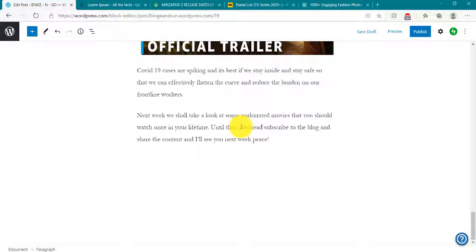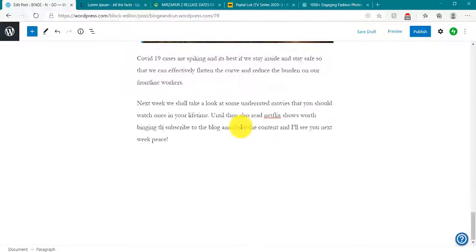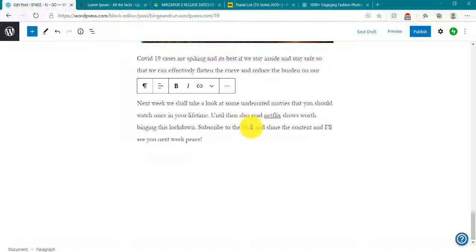Also read: Netflix shows worth binging this lockdown. Now let's see what we can do.